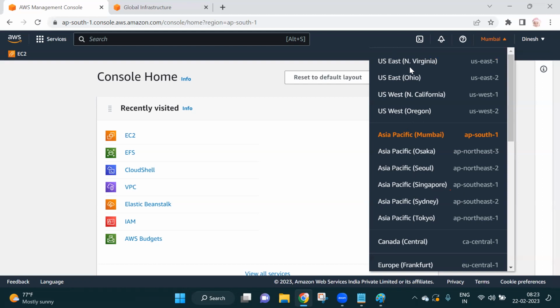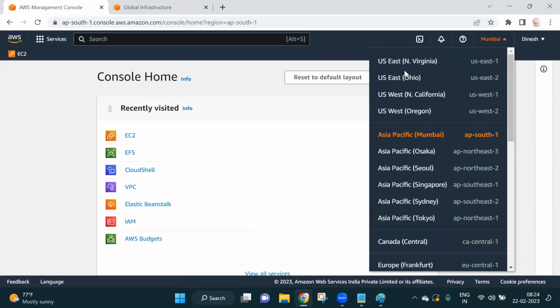Even if new features come out from AWS, they will deploy those features in the USA first. That's the reason most people go for the USA region. Later, Asia, Canada and Europe will get the updates. But initially they check the new features in the USA region only.